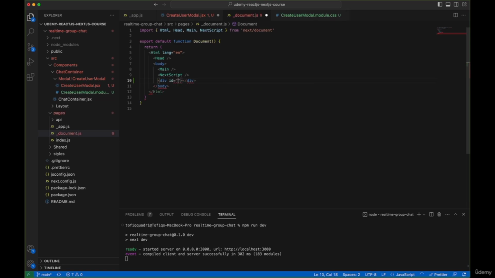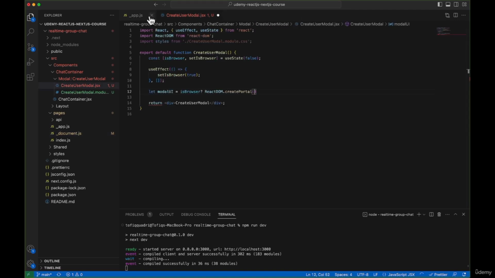You can give it any ID. For simplicity purpose, I am giving it _next.js-model-root. So now save this, close this file as well as our CSS file for now,